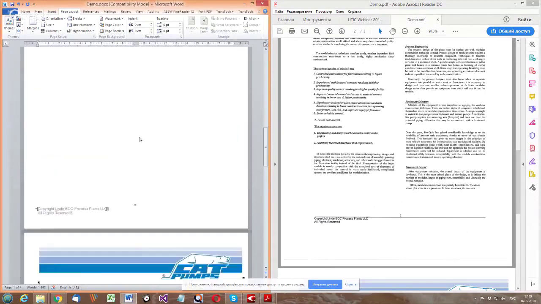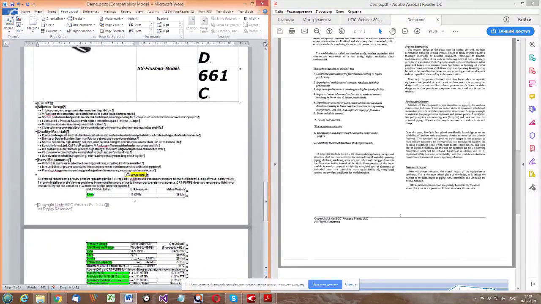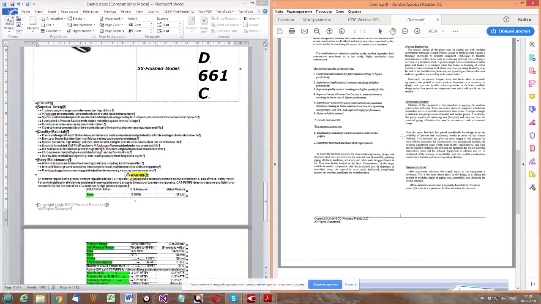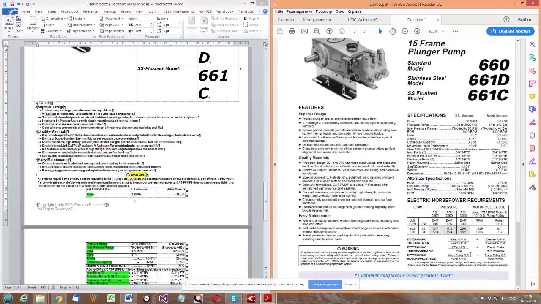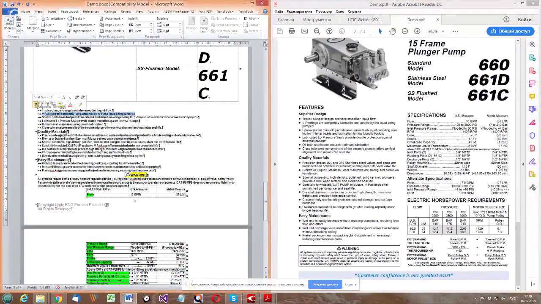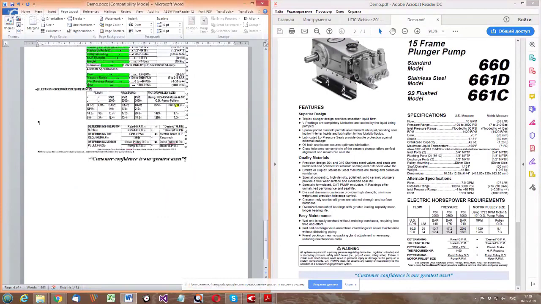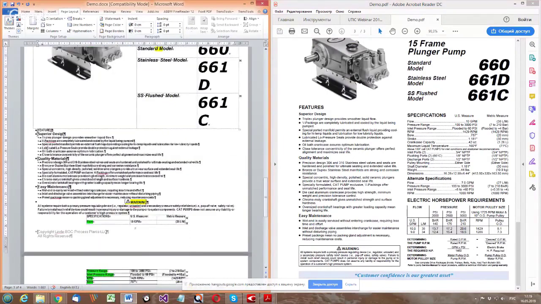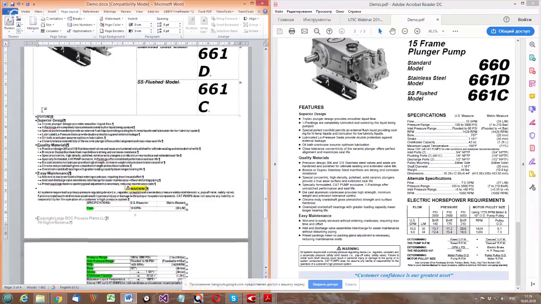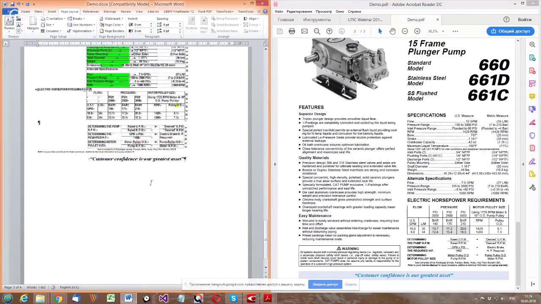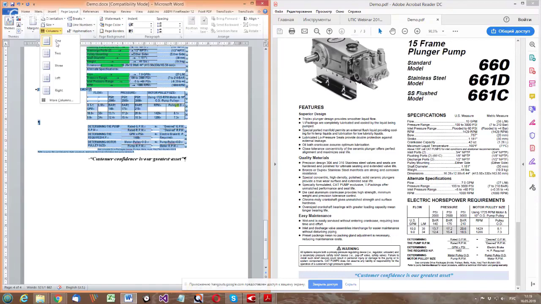And also on the third page, I have a similar issue. In the original PDF, I have two columns here, and here it's only one column. So let's do this here as well. I select from the word features to this last paragraph here, which is also on the PDF here. And I also go to page layout and choose two columns.